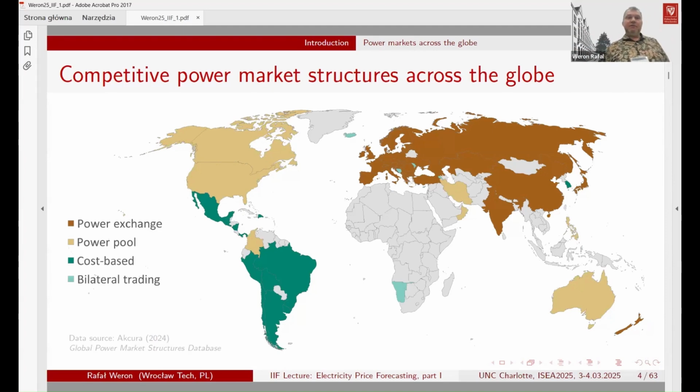This is also hyperlinked. So if you just hover your cursor over this, you will see the link to the webpage where you can access the data. So based on this data, you can see that a large part of the world is